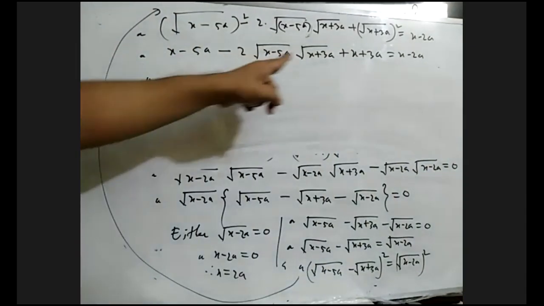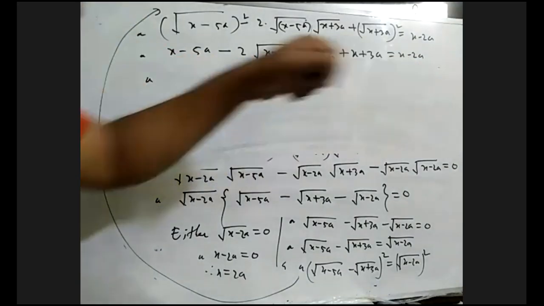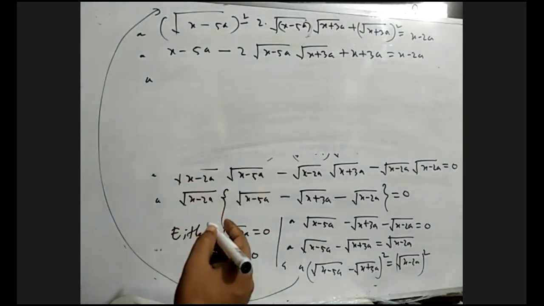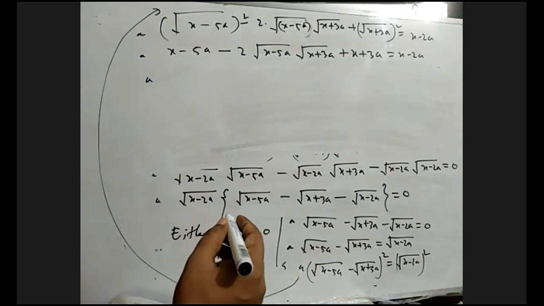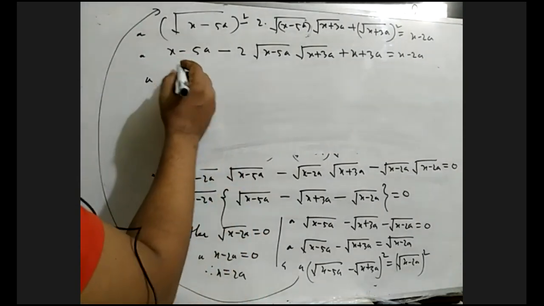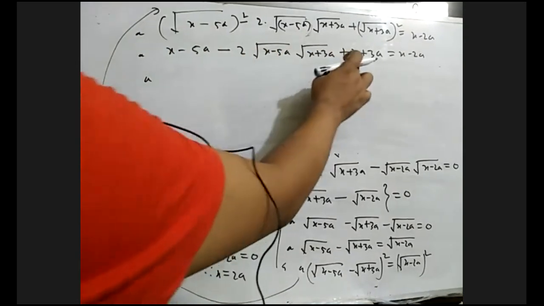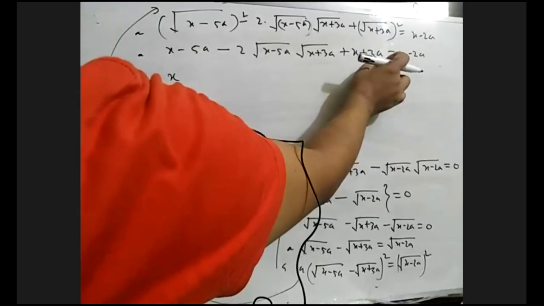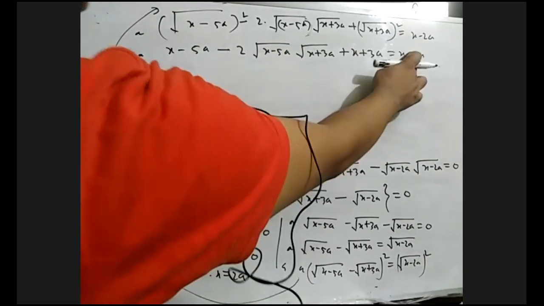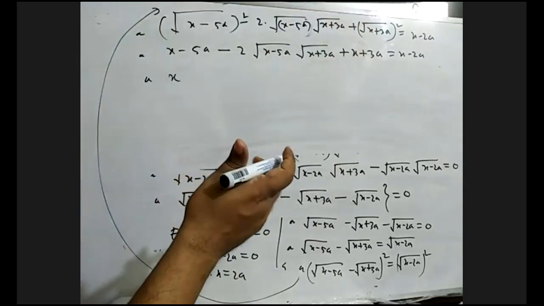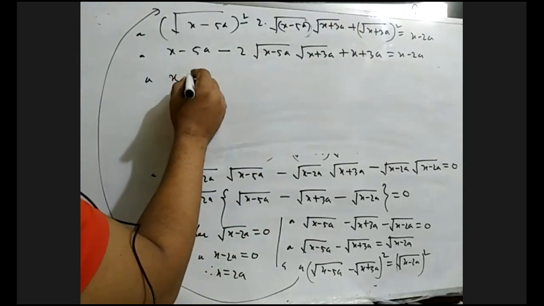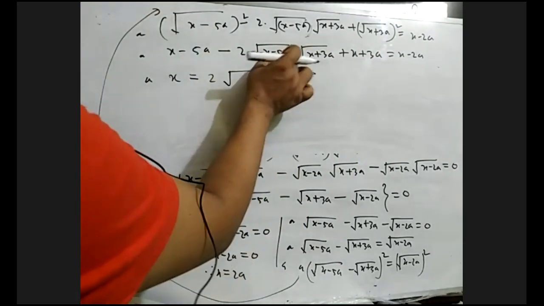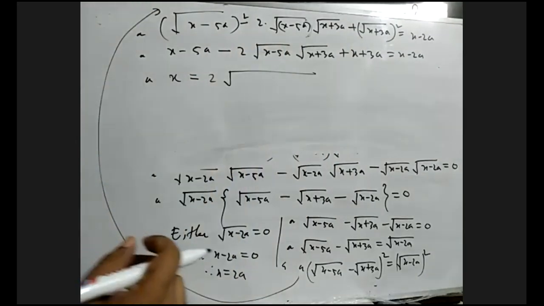So this x minus 5a and this x plus thrice a and this x minus twice a can be taken on one side, and this will be only what? Only x. Here 1x and 1x will be cancelled, so only x. Here minus 5a, here plus thrice a, so minus twice a. So minus twice a and minus twice a will be cancelled from both sides by adding plus twice a on both sides. So this equals to can be written as 2 into (x minus 5a) and (x plus thrice a).